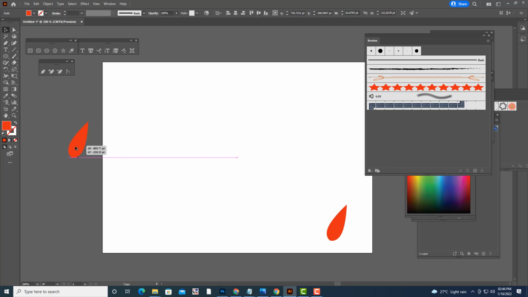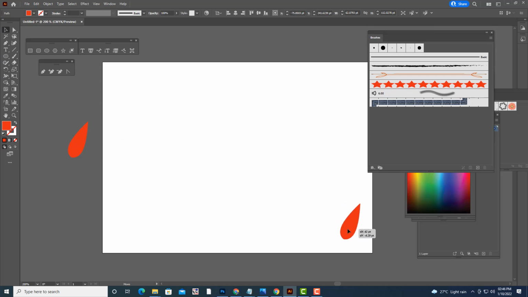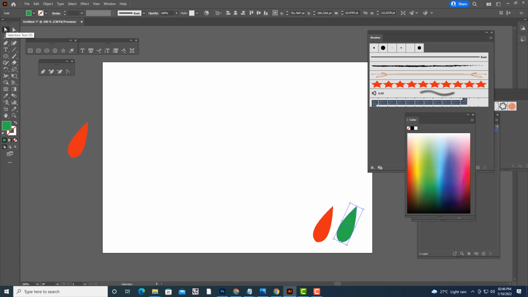So we'll just duplicate it and keep it here. Then I will take one more duplicate here and we will flip it, and before that we will just give the same color to both these leaves.